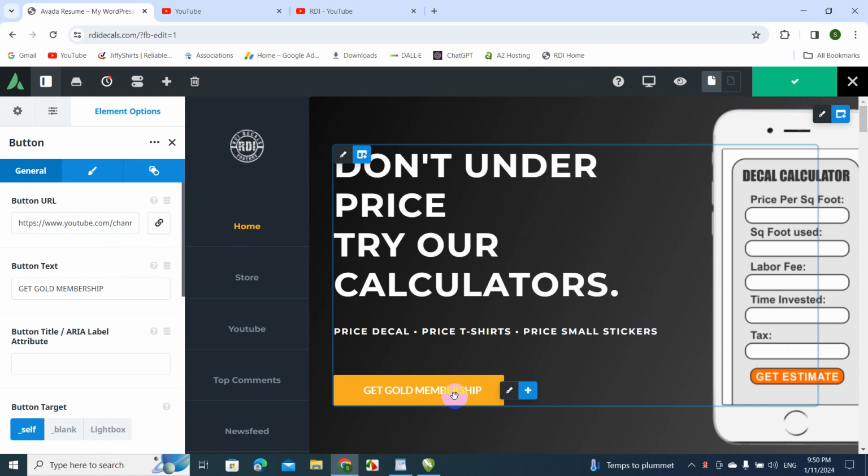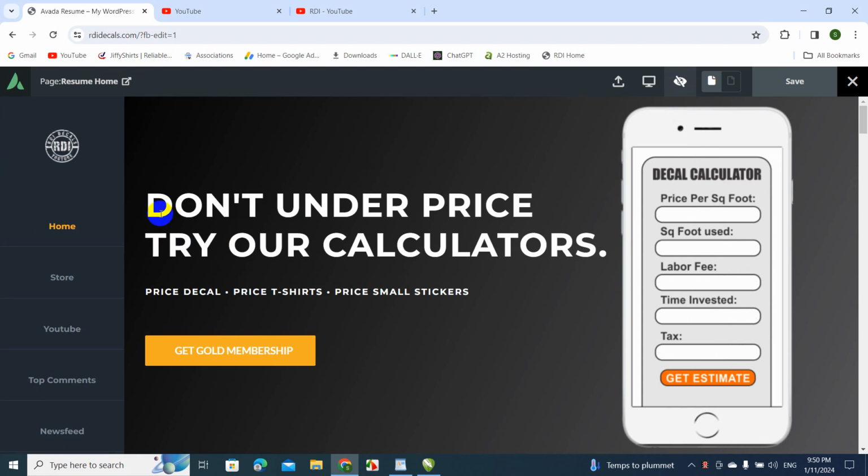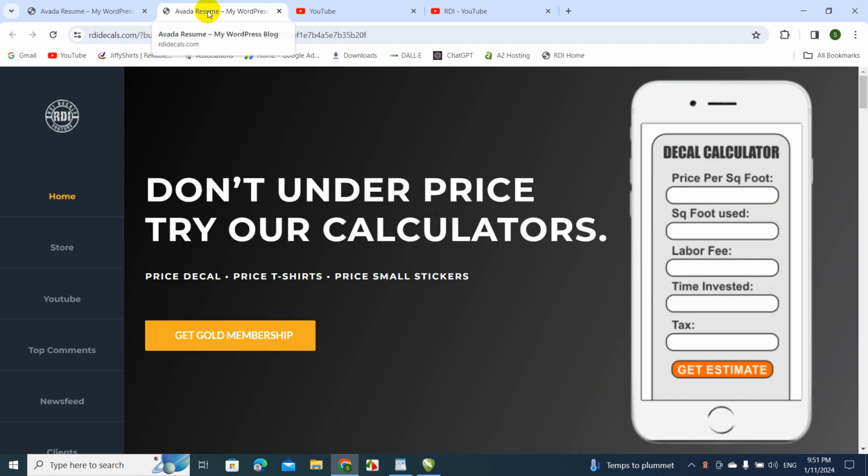Now let's test it and see how it works. All right, we gotta hit the preview, and then one of the things that I keep forgetting is that whenever I want to make a test, if something works, is to get out of the live edit. So make sure you click here, resume home, and it will open another window. So this is how it looks like now, and we're gonna click get gold membership,